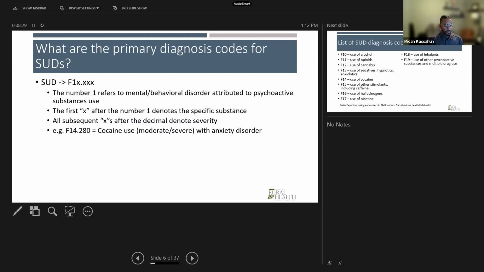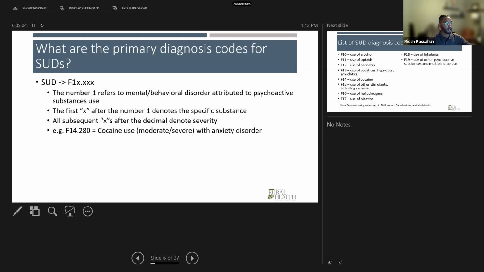So obviously the most important element that comes to mind is: what are the primary codes for substance use disorders? As we focus on this, a lot of the time when I am looking at my data spreadsheets and evaluating what is necessary and beneficial for the frequency tables we're establishing and reporting to HRSA, so that we can disseminate the proper data elements to them, we always want to focus specifically on our target area. So with InROC and the implementation grant, I look at specific SUDs.